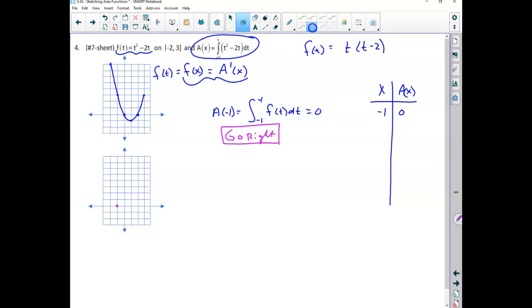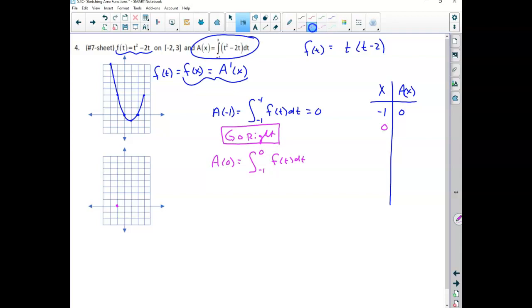Now we're going to have to estimate here, because now I'm finding a of 0, which is my integral from negative 1 to 0 of f of t dt. Okay, so we're going to say 0. But now it's not lines, now it's a curve, okay? And I need to be able to